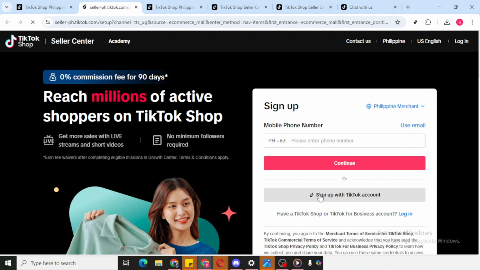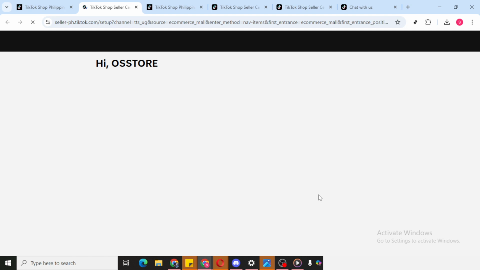Refresh the page, try a different browser, or clear your cache and cookies before logging in again. If the site appears in a different language or region, look for a region or language selector, usually found in the footer or header. And if the login button doesn't respond, make sure any pop-up blockers or strict privacy extensions